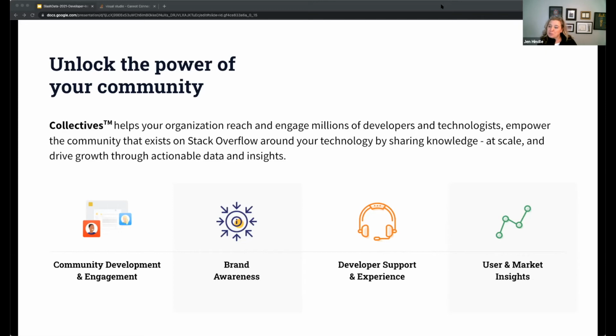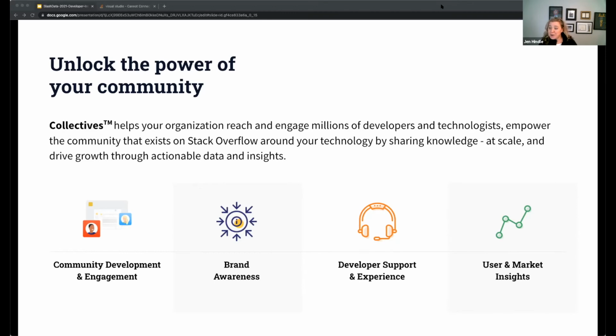So earlier this year, Stack Overflow actually released a new product called Collectives on Stack Overflow that really bridges the gap between those two sets of ideals and needs, from a developer need perspective, as well as the needs of product-focused teams, be it DevRel, Dev Support, Dev Marketing, and even product management, depending on how the organization is structured.